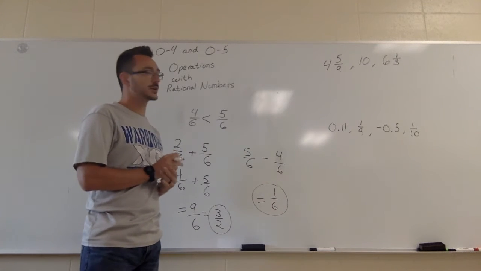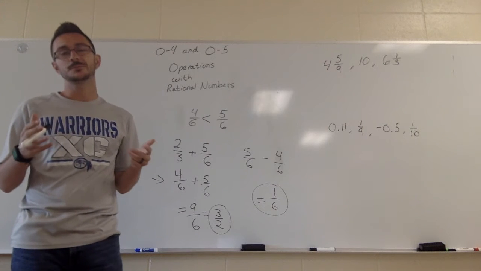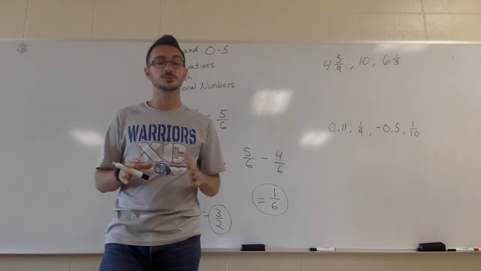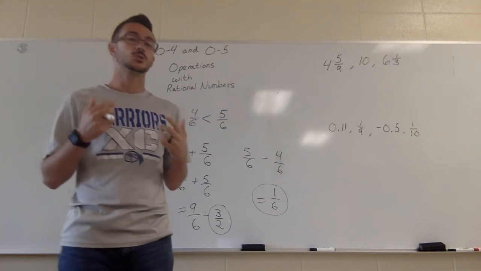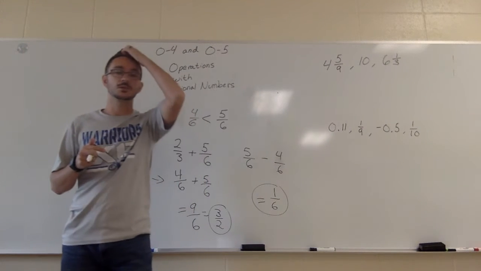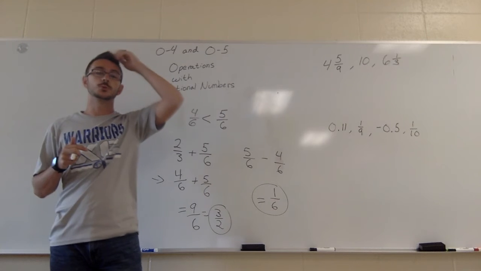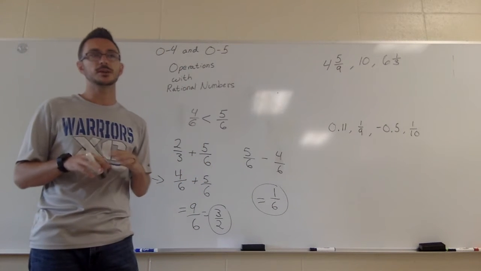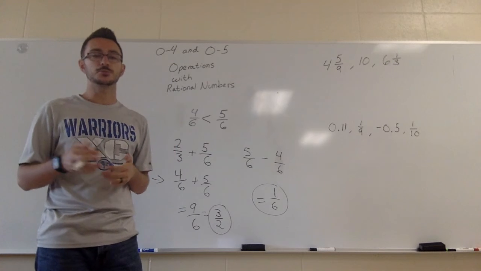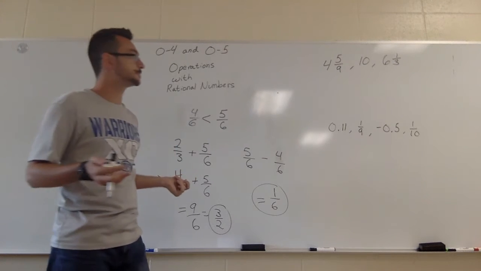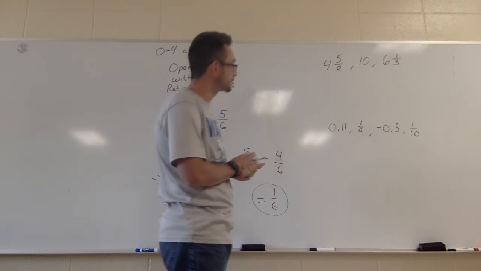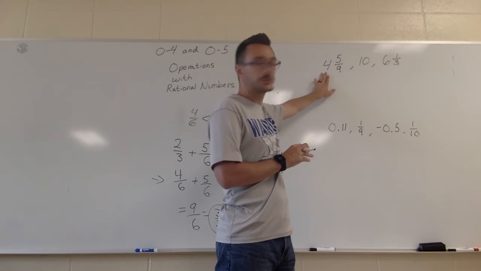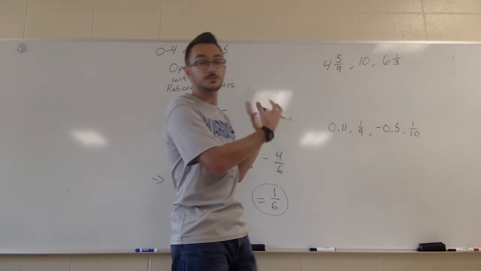My suggestion, and I think the IXL that goes with this one treats it a little bit differently, and I wouldn't suggest it, because it might be more simple for that specific assignment. But moving forward, the way that I'm going to show you is going to be a little bit more beneficial, I think, and it's going to have fewer errors. You'll be able to basically do the same thing every time. So my suggestion is anytime you have a mixed number like this, where you have the whole number out in front and then the fractional section after,